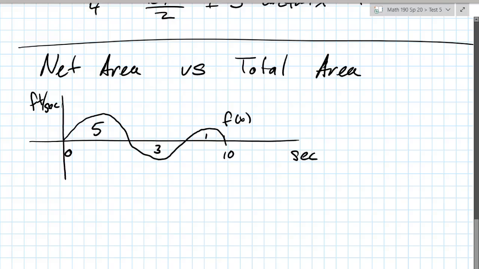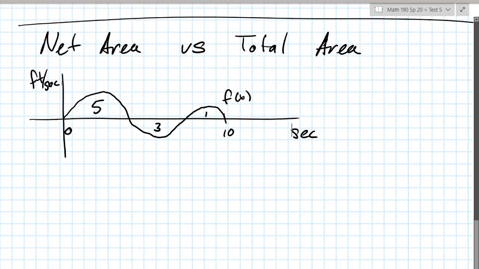The last part of 5.4 looks at the difference between the net area and the total area, and an application of that. So let's say you have this curve f of x, and the area between the curve and the x-axis in terms of positive numbers is 5, 3, and 1, like the picture shows you. So if the question is, what is the integral from 0 to 10 of f of x dx, then the answer is